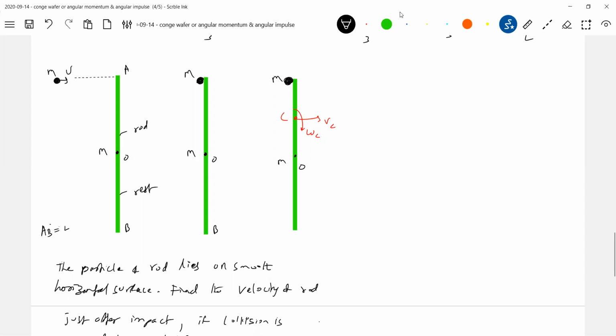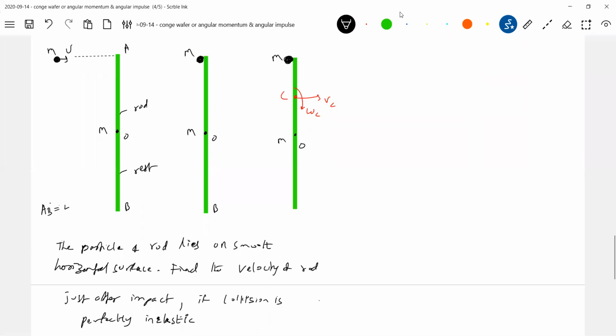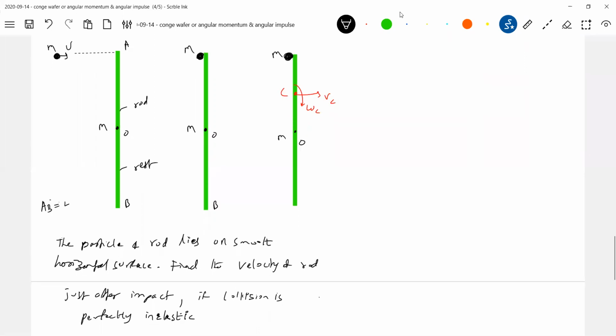Then, about what point is angular momentum considered? Angular momentum can be considered about any point on the rigid body or any point on the ground. But about which point will it be conserved? About what point the rod will rotate. About that point, if you conserve angular momentum, it will be very easy for you to write the equation. During collision, impulse will act, and we are bothered about the center of mass here. So applying conservation of linear momentum, initial momentum is mu, final momentum is (m plus m) into vc.